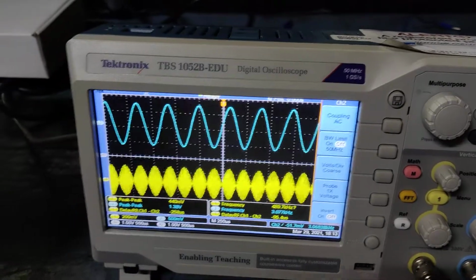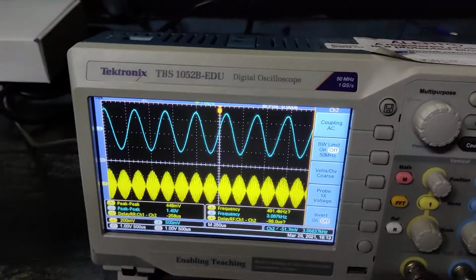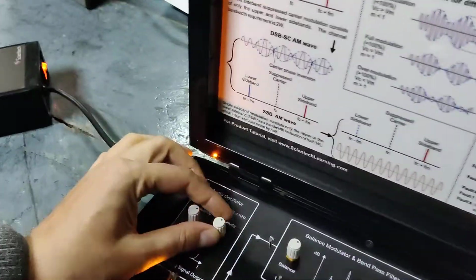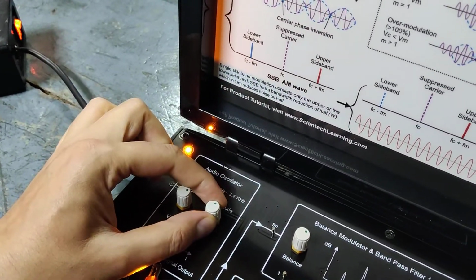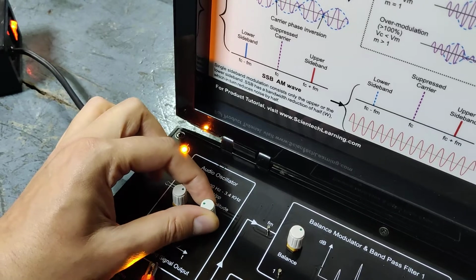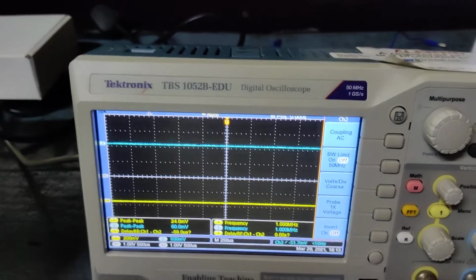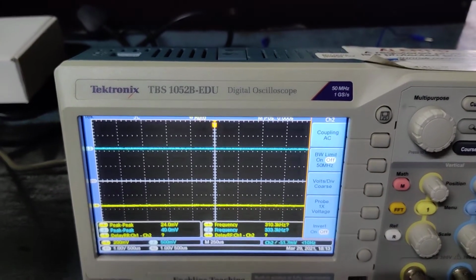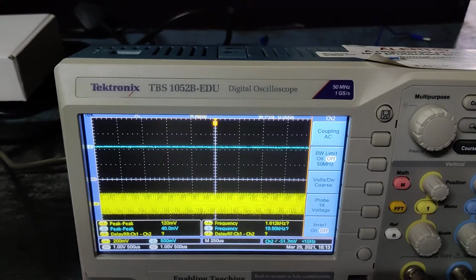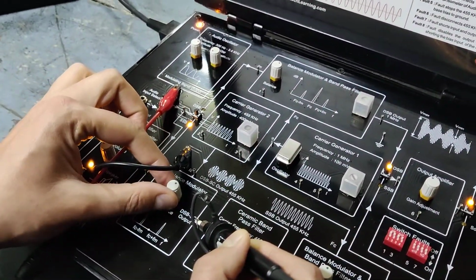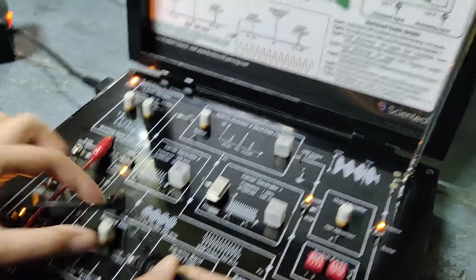Before we actually obtain this DSB SC, first of all, we will keep the amplitude of the audio oscillator at the minimum position so that there is no input signal. We can see that there is no signal at the oscilloscope. Simultaneously, we keep the balanced modulator at a point which gives only the carrier signal.